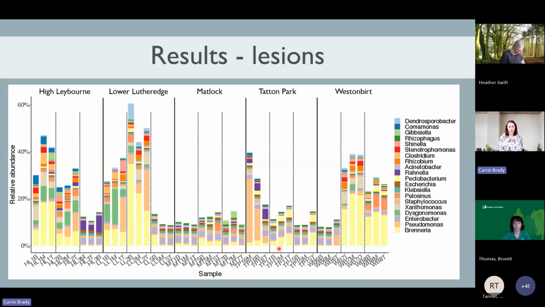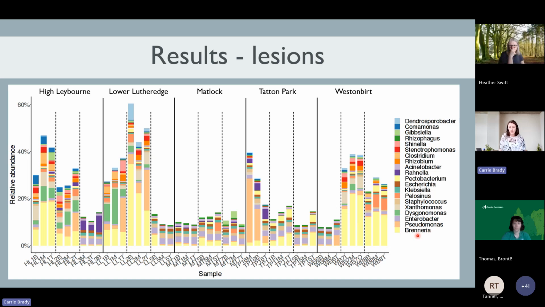The results from the metagenomics came back, I think, 2 weeks before Helena went on maternity leave. So this is very preliminary data that I'm presenting here. But we can already, from this very rough analysis, see that there are differences in the relative abundance of microorganisms in these lesions. If you look at the key for these charts on the side here, the yellow is Brunaria,